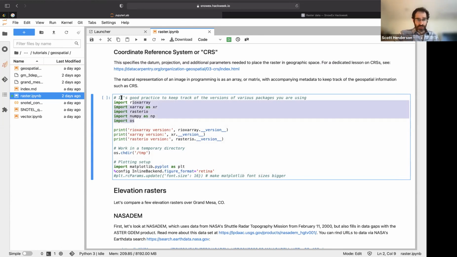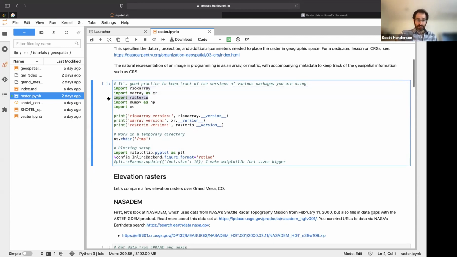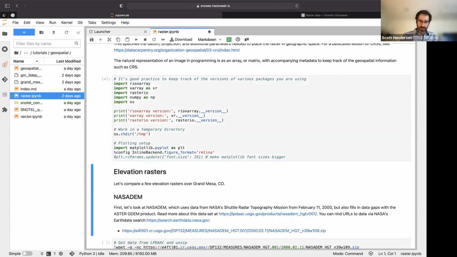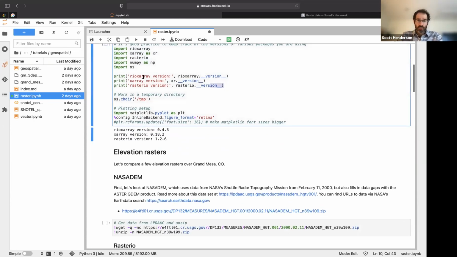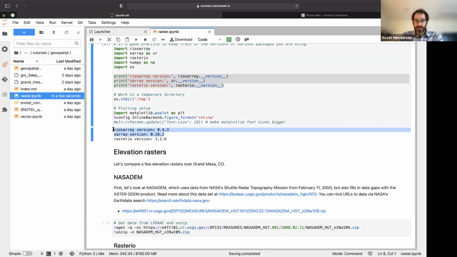Okay, so to start off here, we have a cell that's just importing these libraries I mentioned, RioXArray, Rasterio, and a library called XArray. So let me run that cell. I want to walk through a couple things here, just line by line. First of all, it's good to keep track of the versions you're using with Python libraries when you're doing analysis. Some of these libraries, as you can see by the version numbers down here,